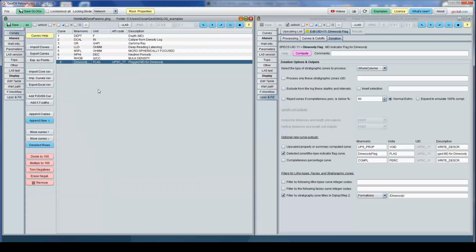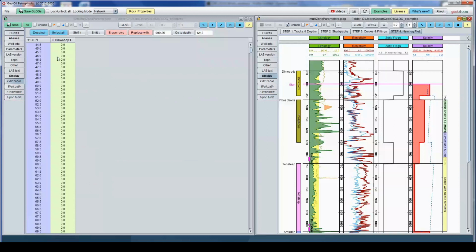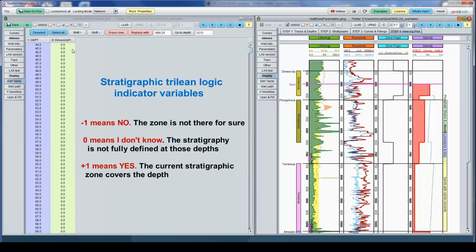It's done. Let's see on curves. We have this one. Let's see that curve as an edit table in the edit table tab. You see, in very shallow depths, Yoroi uses more than binary, Boolean logic. Yoroi uses a complex trinary logic. That means we are processing three states. In Yoroi, a curve can have, in amount of information, three states.